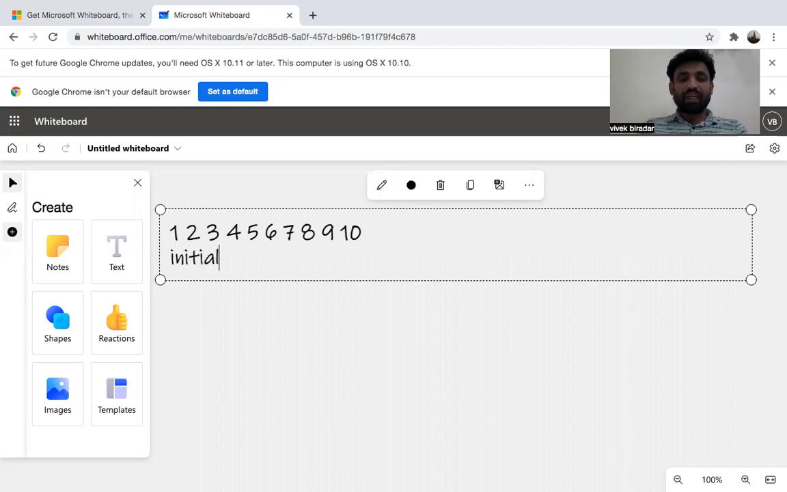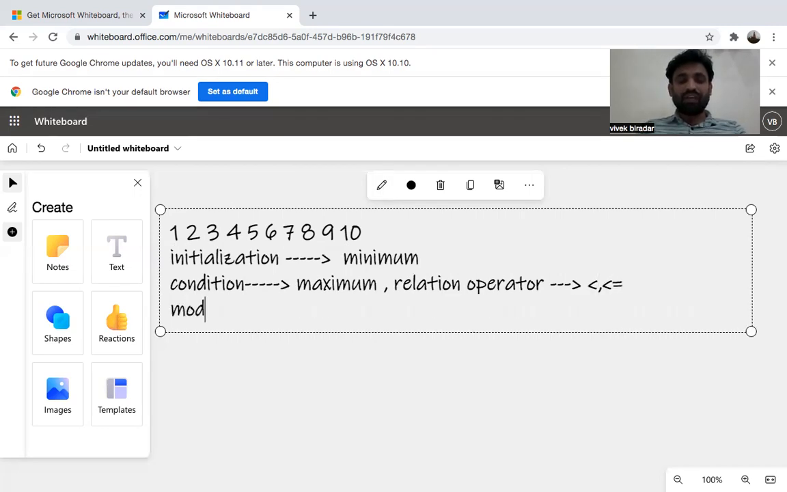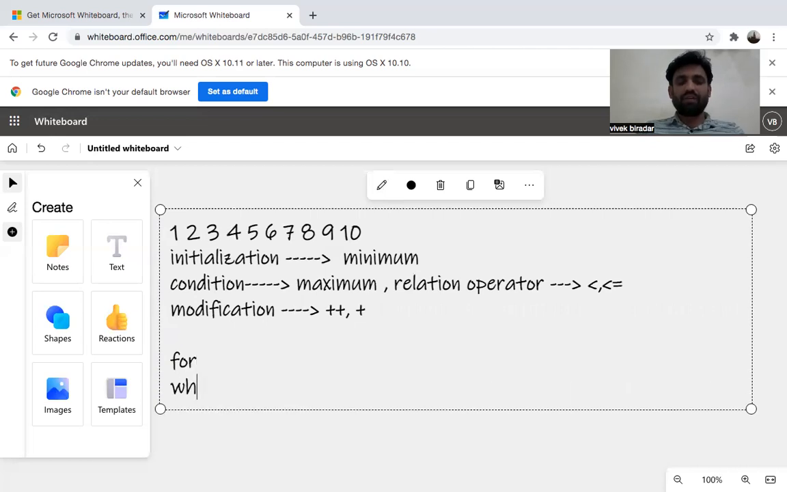If the pattern is going in incremental order, then my initialization must be minimum. The condition on a loop should be maximum, and the relational operator we use on a condition must always be less than or equals to. Then the modification must always be plus plus. Based on these rules, we'll work with for, while and